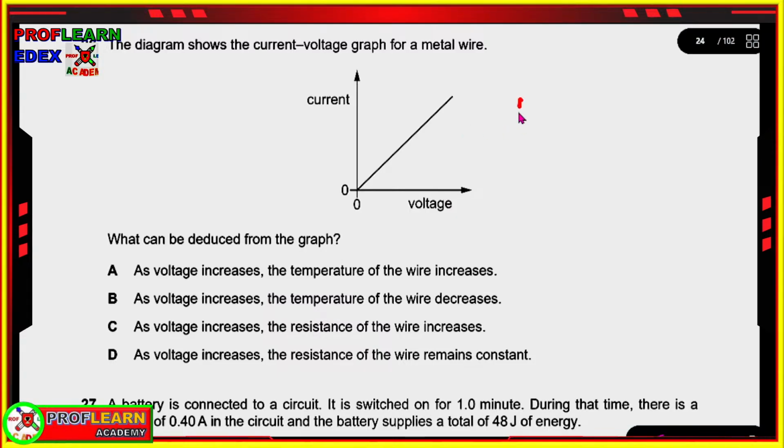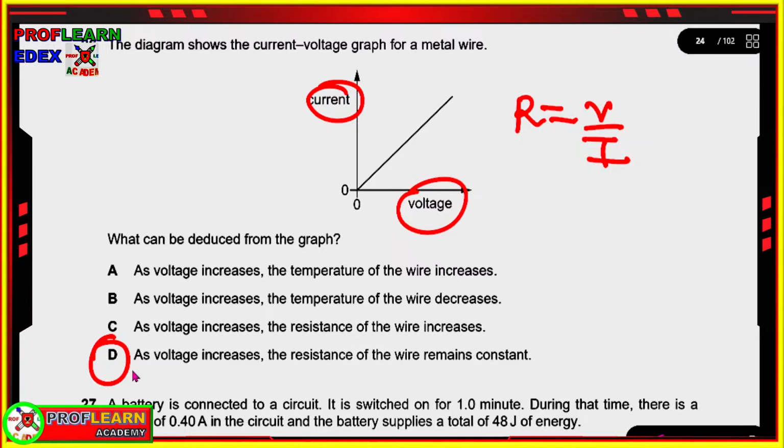Because we know resistance is equal to voltage over current, and we have current and voltage, we can say that as voltage increases, the resistance of the wire remains constant. If resistance were to change, we would have a curve in this case. So the correct answer is